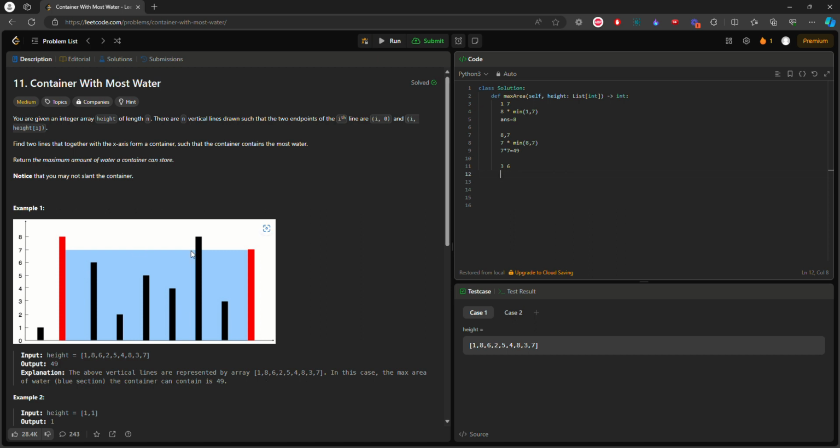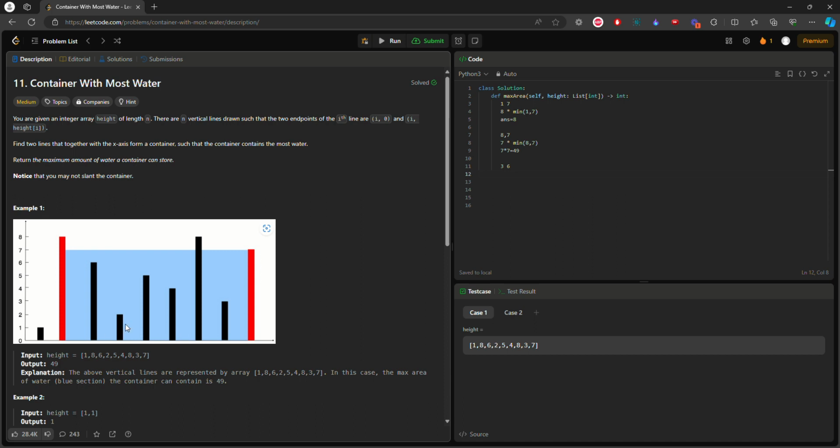And now we see that both become equal, and when both become equal, we can increment any pointer, it does not matter. The distance is 1 2 3 4 5, the distance is 5, and 5 multiplied by 7 is 35, and 35 is obviously less, so we can increment any pointer. So now let's increment left, and when you increment left, the two pointers are over here and here, and the minimum is 6, and the distance is 1 2 3 4, so 6 times 4 is